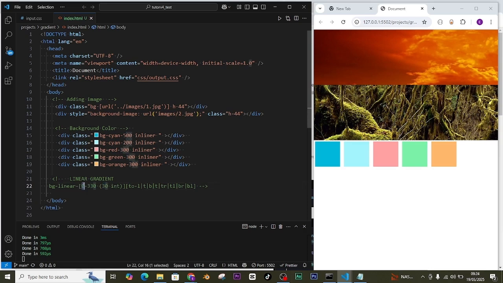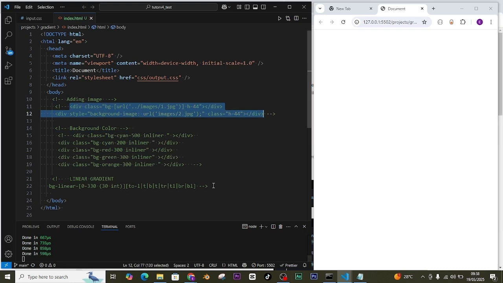That is, it could be 0, it could be 30, it could be 60, it could be 90. If you want to do it with letters, you say BG linear to L, which is left, T, which is top, B, which is bottom, and TR, top right, top left, bottom right, and bottom left. Let's comment this out